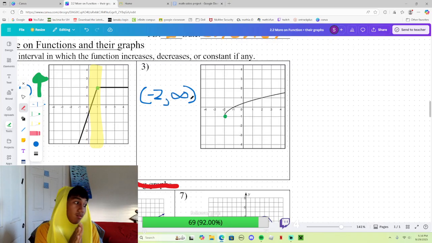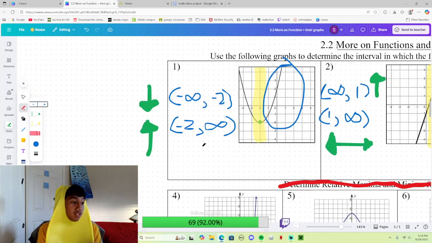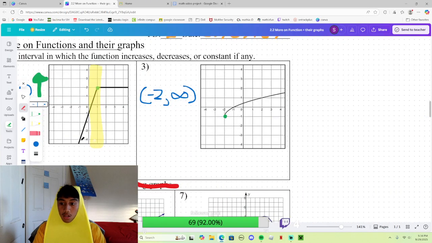Pretty cool, right? I would like to think so. Banana Joe likes math. Whew. So far, we've been slipping into a lot of awesome things. And with this third problem,